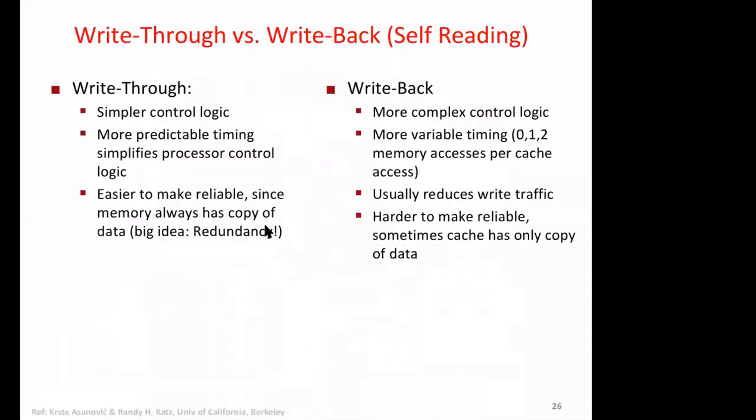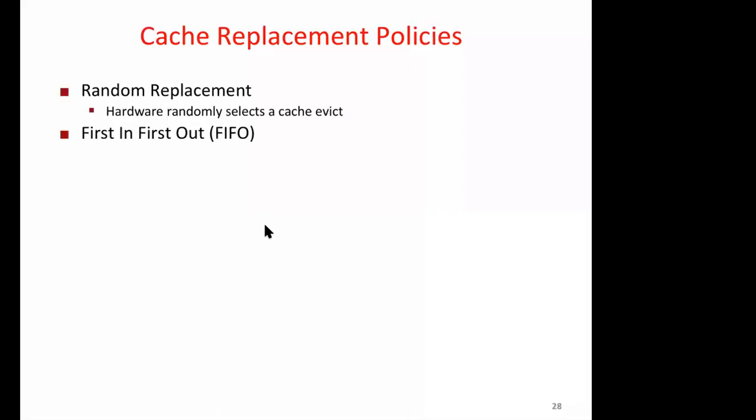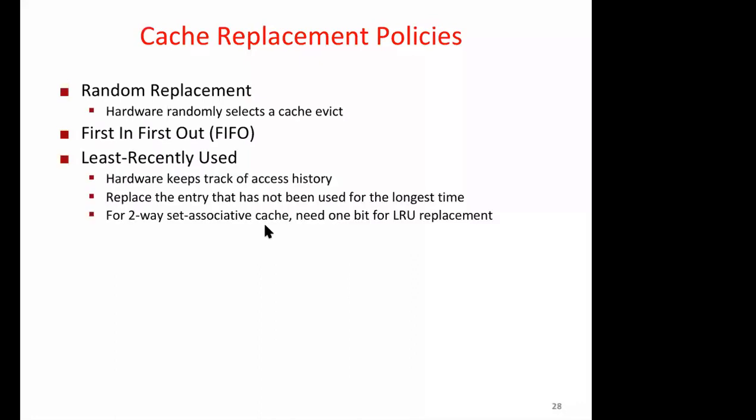Please go through this slide. Now when we say that we have to bring in a block from main memory to cache, and the cache is full, then one of the blocks is to be removed or evicted, right? That we have just discussed. There can be many ways. Randomly pick up a block from cache and replace it with something that is to be brought from main memory, or lower levels of memory. So this is a random method. It's not a very efficient method, but very simple to implement.